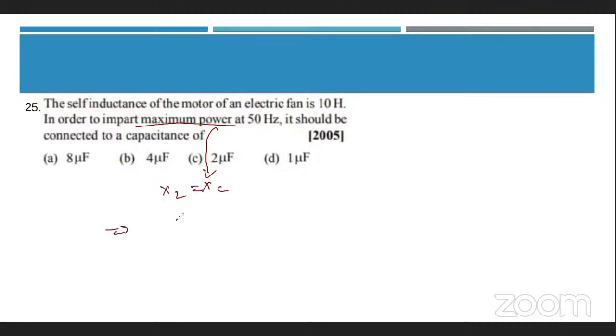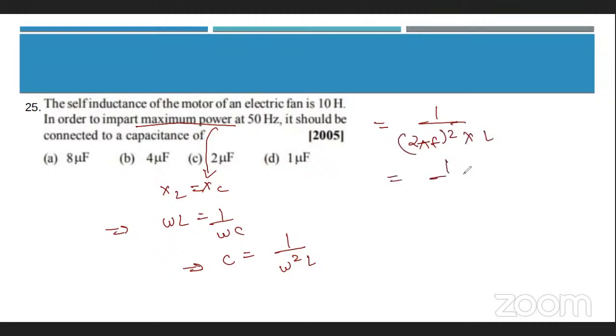So we can write omega L is equal to 1 by omega C. So C is equal to 1 by omega square L. Omega square I can write as 2 pi F whole square into L. I have the value, so 1 upon 2 pi, frequency is 50 hertz, so 50 whole square into L